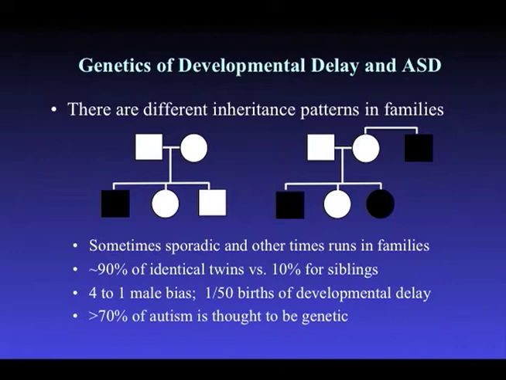And there have been a number of studies that have tried to estimate the genetic component, and these range all the way from 55% up to about 90%. But I think it's pretty safe to say that there is a very strong genetic component to autism. I think that's unquestionable. So the question is, what is it, and how have we gone after it?